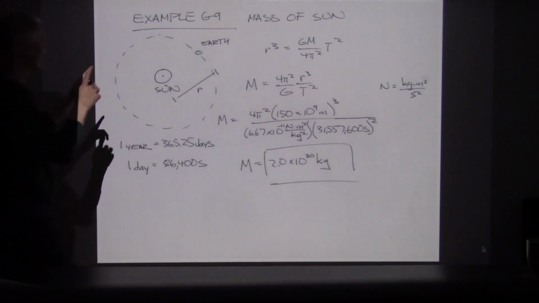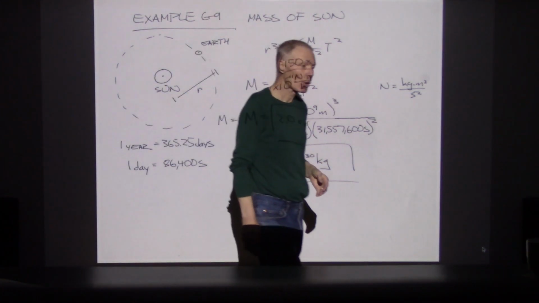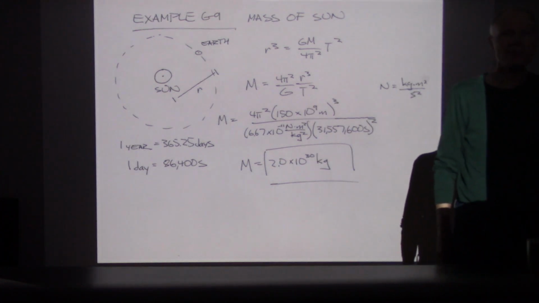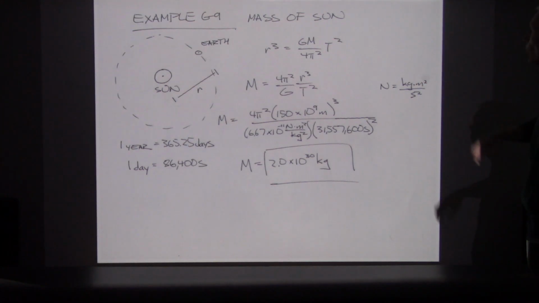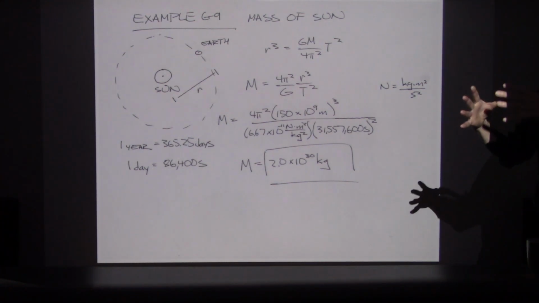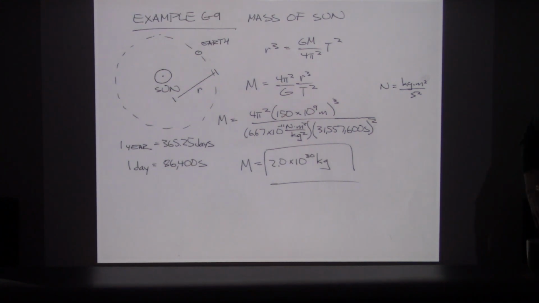The mass of the orbiting object has canceled out. So that's kind of interesting too. Using this technique, by measuring orbital period, we can find out the mass of the central object, but we can't find out the mass of the object that's orbiting. As long as the object is relatively small in mass compared with the central object,